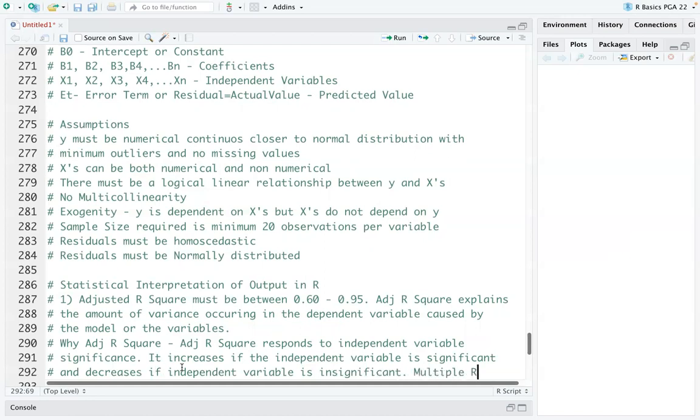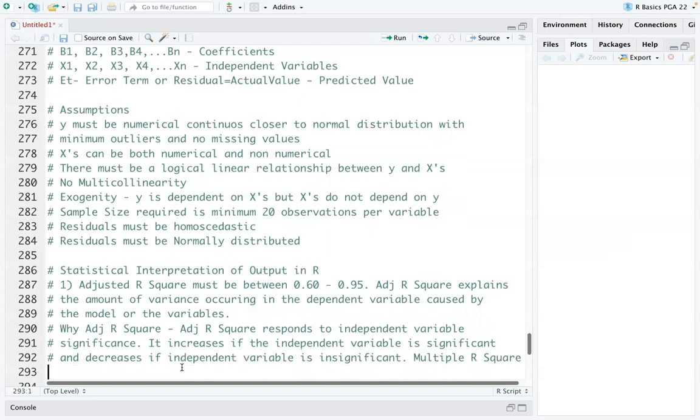Multiple R square will keep on increasing, irrelevant to independent variable